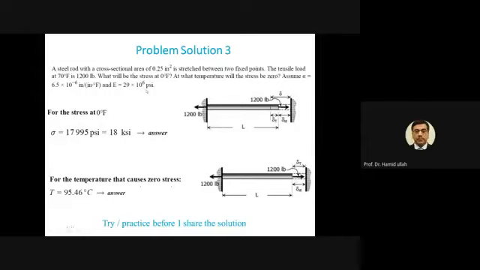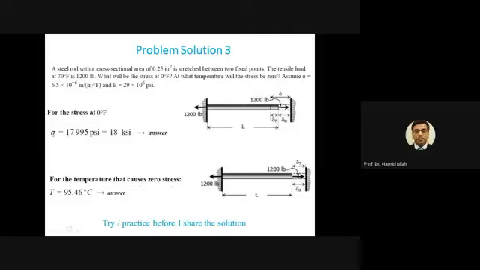If it is the SI system, then the value of E for steel, some people take it as 200 gigapascal, and some people take it as 207 gigapascal. So both are okay. Still, you remember, all the time you will need this value of E. So this is again the answer.